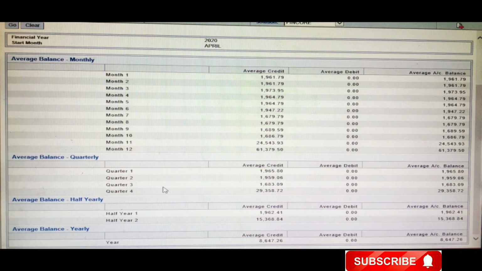Now if somebody asks you, no sir, I don't want to know the monthly balance, I want to know the quarterly average balance, that you can also see here, quarter 1, quarter 2, quarter 3, quarter 4, all the balances. Here average credit is also given, and average balance. If they want to know the half yearly average balance, you can give half year 1 and half year 2. And if anybody asks, sir, I want to know the yearly average balance, that you can also see here, the year is given, and average credit is also given,